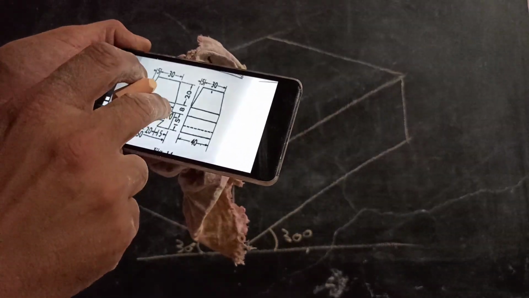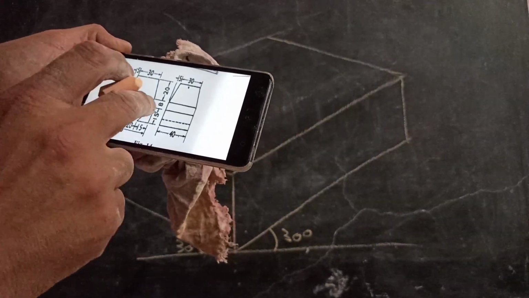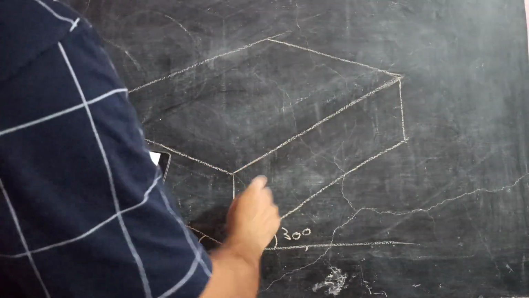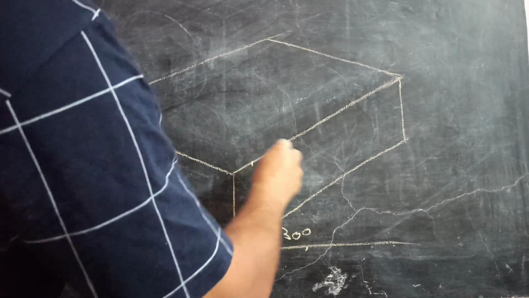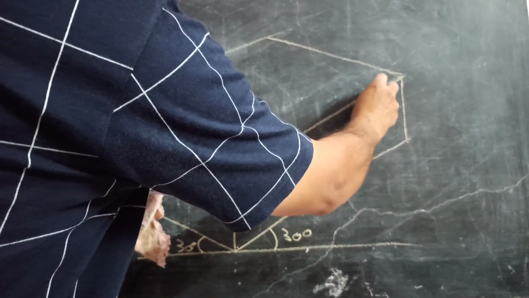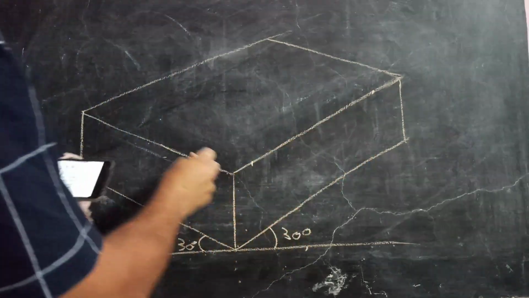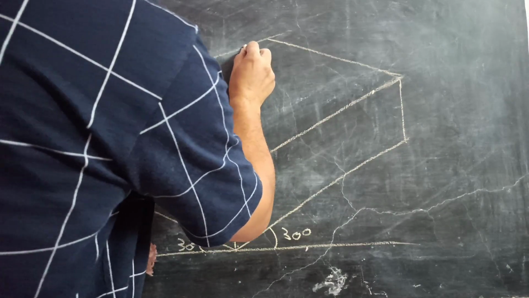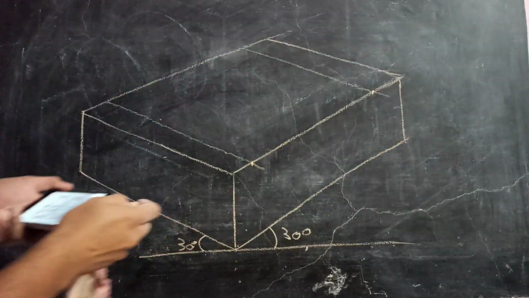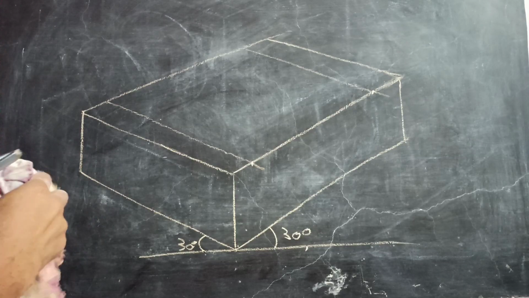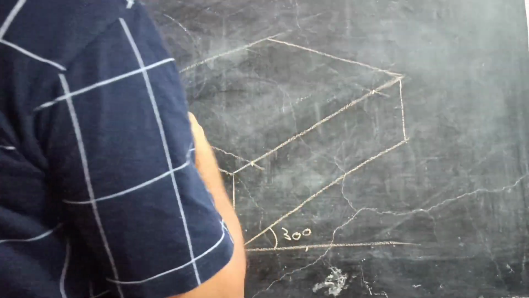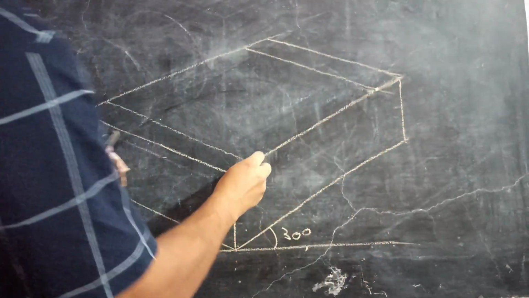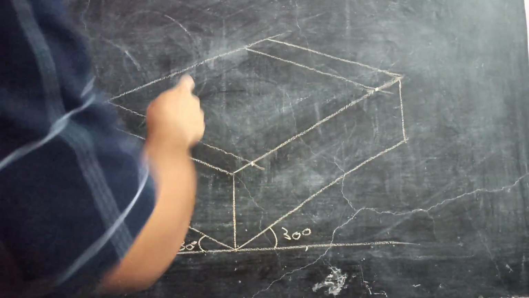Then this part is 8 mm, having 8 mm height of 40. So if we look at it from this side, 40 means this is 50. So 5 mm from this side, 5 mm from this side. So this will be 40. So draw a line. You can draw the lines parallel to this from both sides, 5 mm. So this is 5 mm, this is 5 mm. So this is 40 by 40 now.